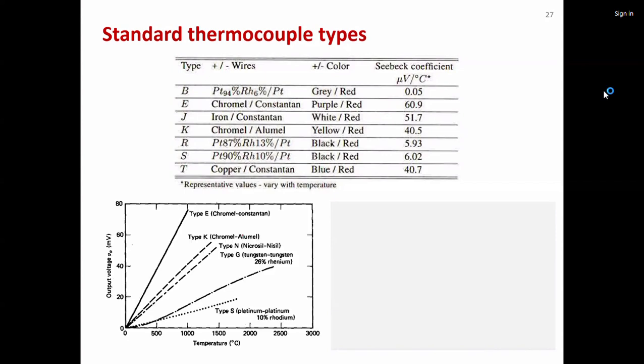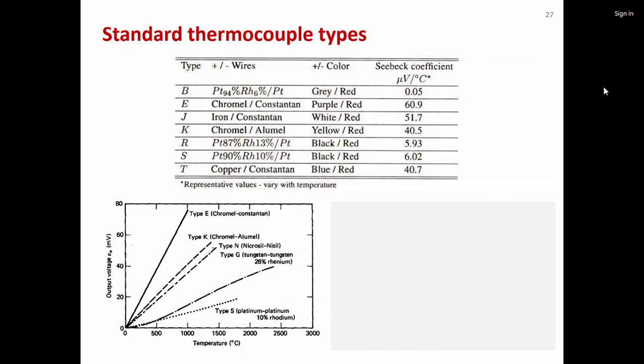So this you can represent here. The x-axis is the temperature, the y-axis is the output voltage in millivolts. If you compare here, you see that type E, where the Seebeck coefficient is the highest, has the highest slope, right? The Seebeck coefficient is basically representative of the slope of the output versus input of a thermocouple. So this is type E, and type K